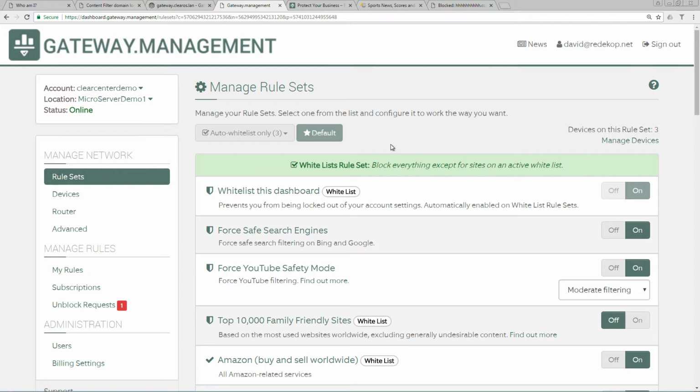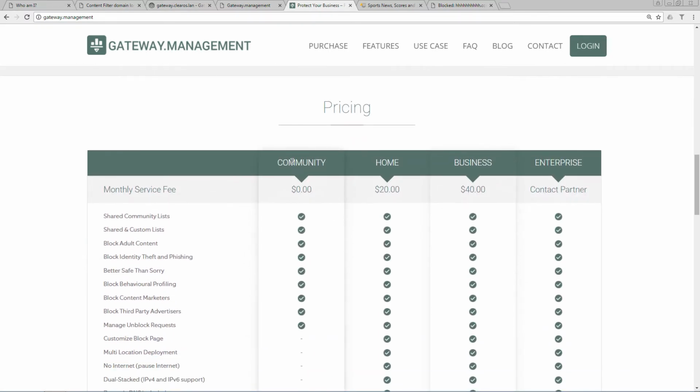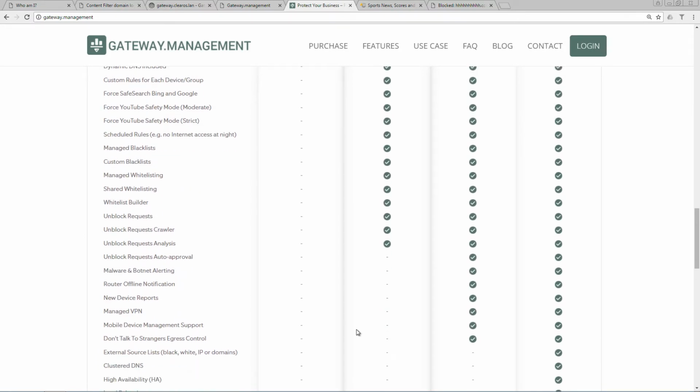Awesome. So where would the folks there at HPE, the partners, where would they go for more information on this? For more information, head over to gateway.management. There are a variety of different plans available, and there's value in each one of these plans, but the feature set is different. And when you get to the enterprise class, then of course you get into features such as